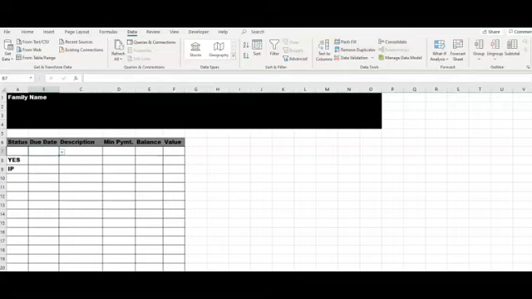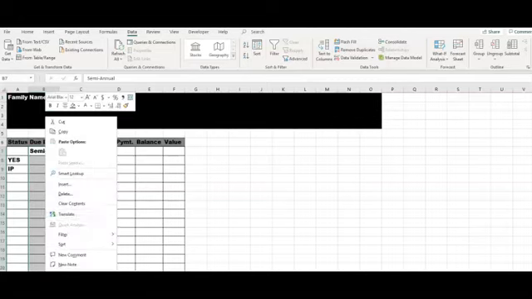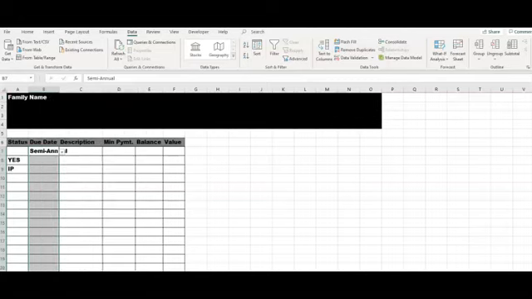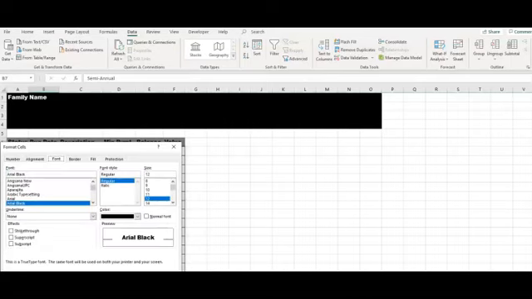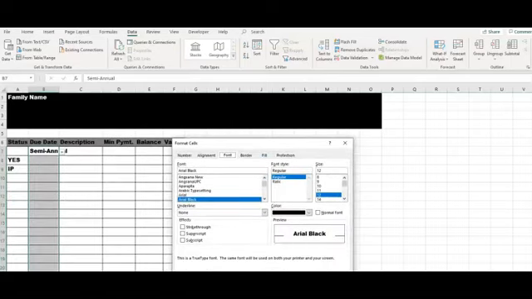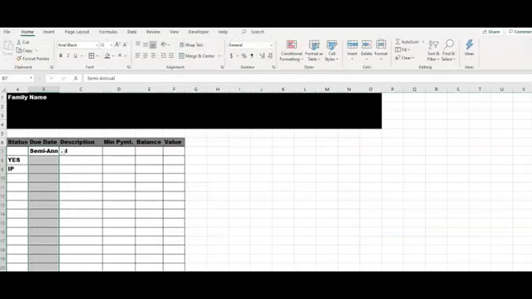And so something we need to do here is look at our longest one, which is semi-annual. And I'm not going to give due date a lot of space. We want to format this. We want that to fit. So we'll right click here. We'll go to format cell, and then we can go to font. You can do it that way, or you can just go up here to font, and we'll change that to